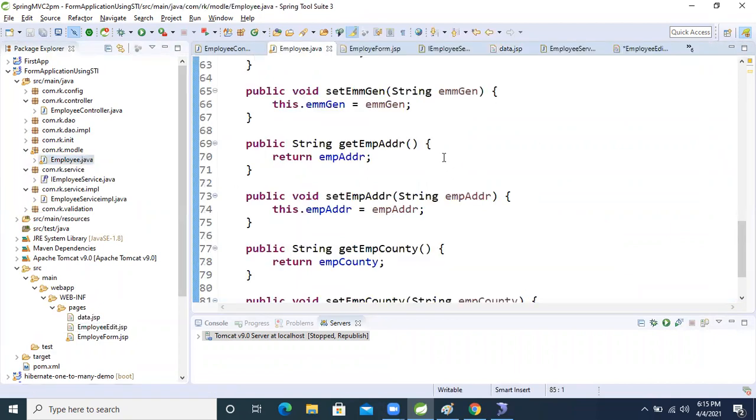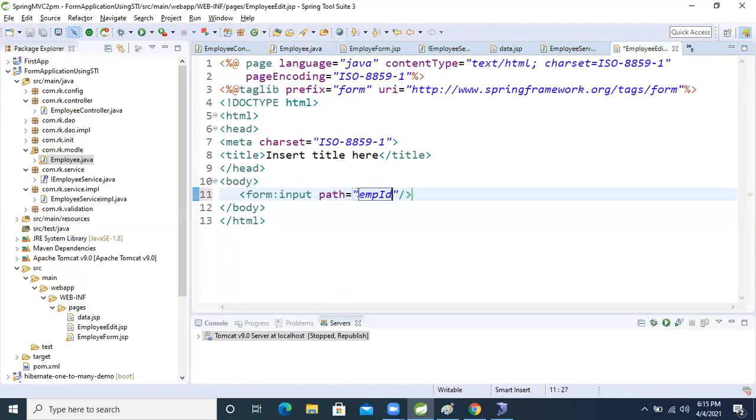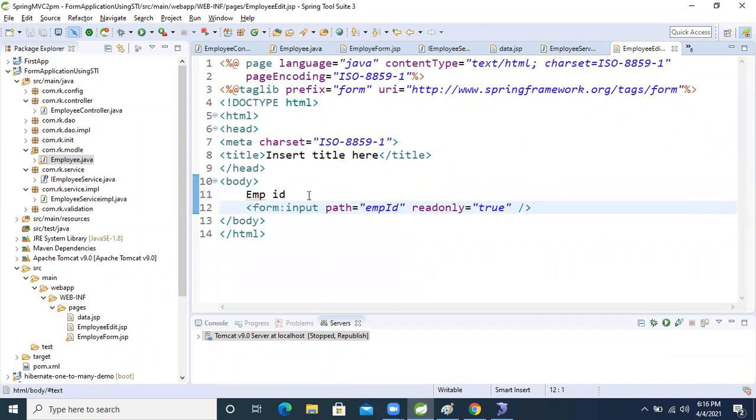We need this one, so input, copy this one and paste it here. After that, make readonly true, otherwise we can't edit. We don't need to edit our employee id. This is our emp id.